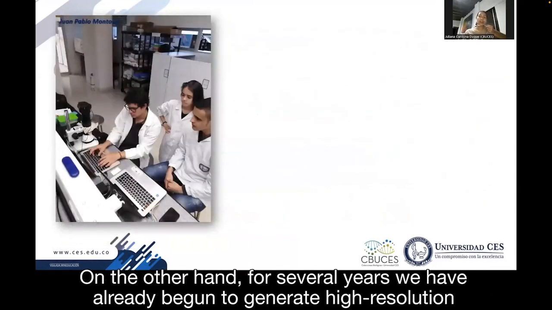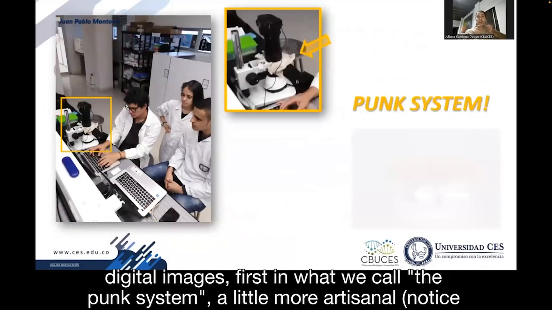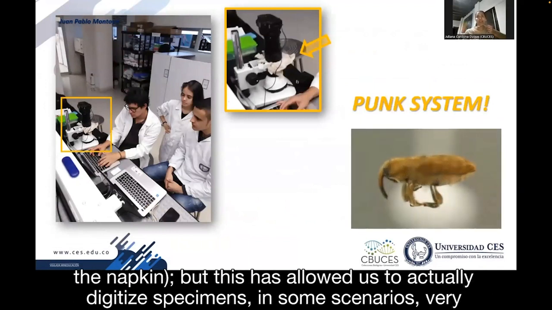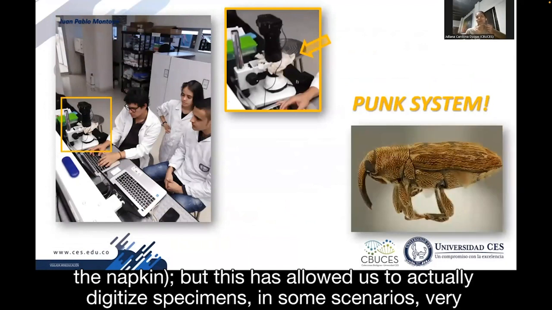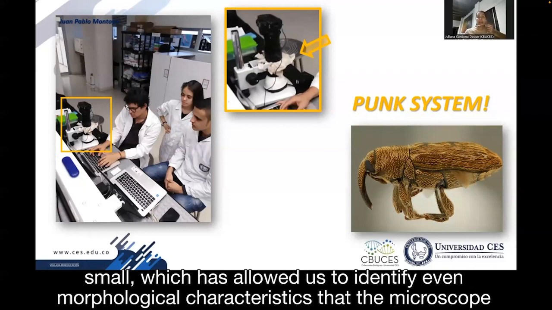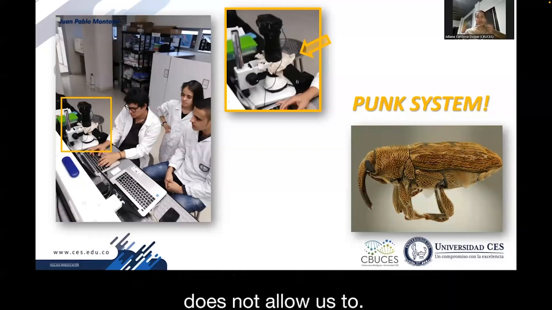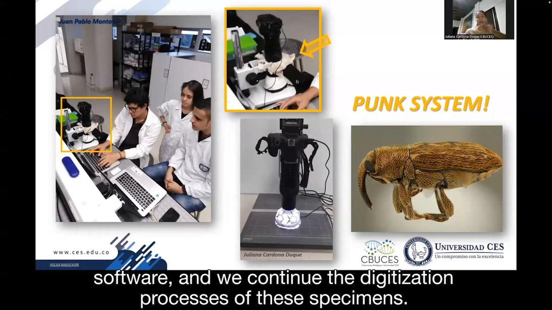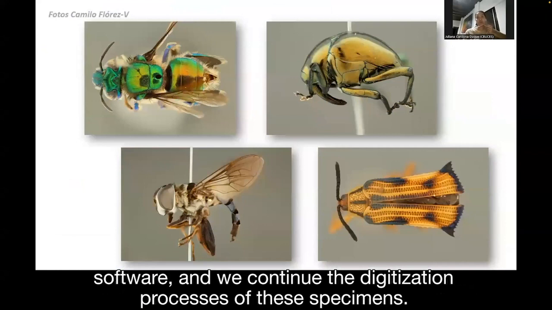De otro lado, durante varios años ya hemos empezado a generar imágenes digitales de alta resolución, primero de la manera un poco lo que llamamos de punk system, un poquito más artesanal, noten la servilleta, pero esto nos ha permitido realmente digitalizar especímenes en algunos escenarios muy pequeños, lo que nos ha permitido identificar inclusive características morfológicas que el estereomicroscopio no nos permite. Y recientemente hemos podido conseguir algunos equipos adicionales, comprar los software adecuados, y continuamos los procesos de